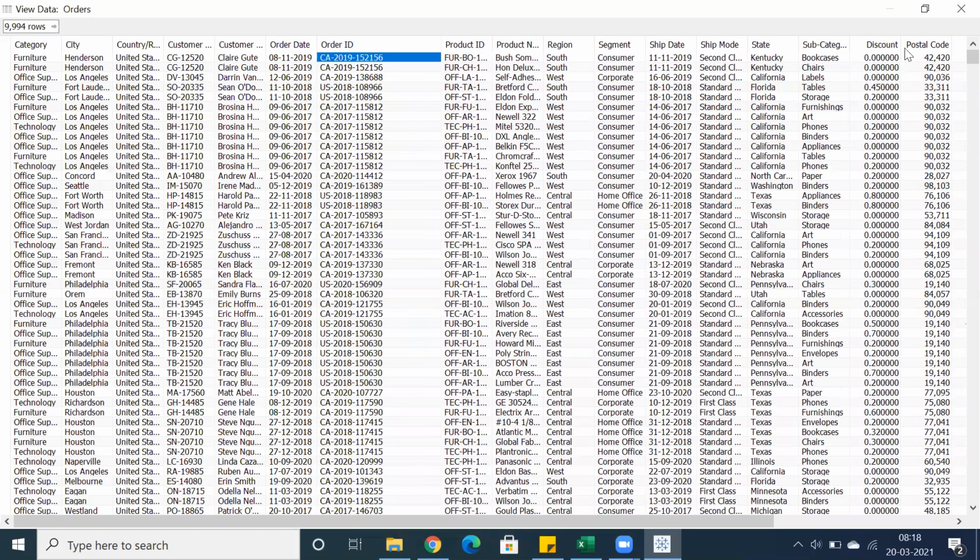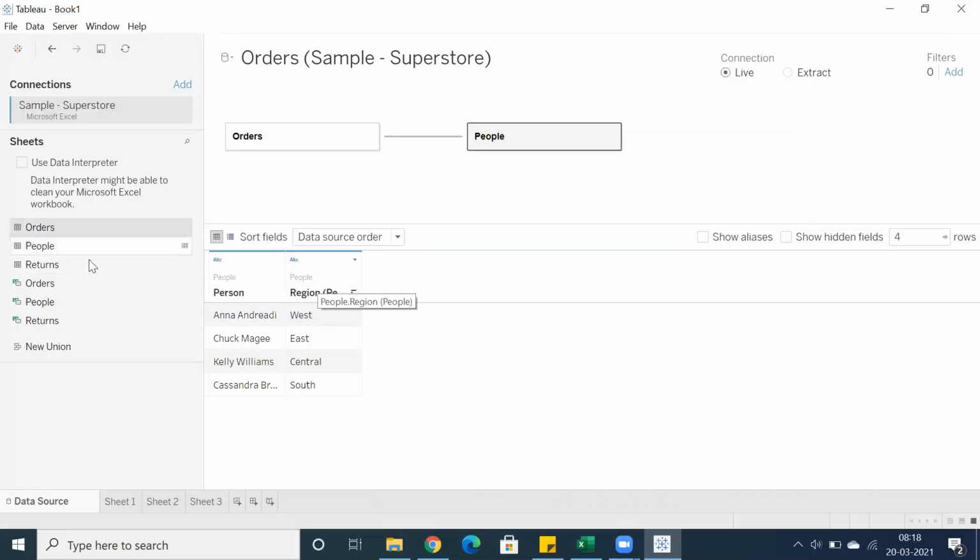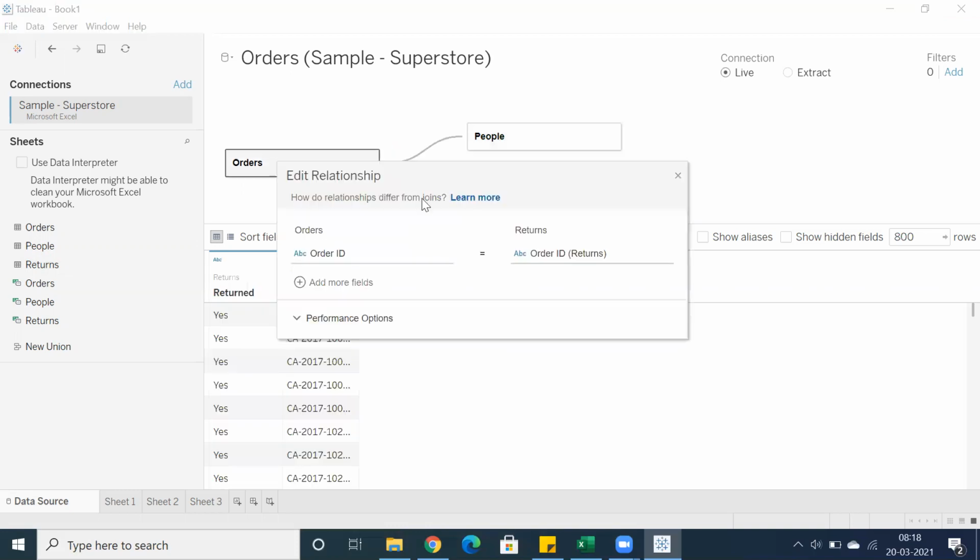So whenever you drag and drop the returns table here, clearly it's relating the orders table and the returns table. You are getting that line, correct? Now you can see we have a relationship between the orders table and the returns table by using a common key column called order ID.